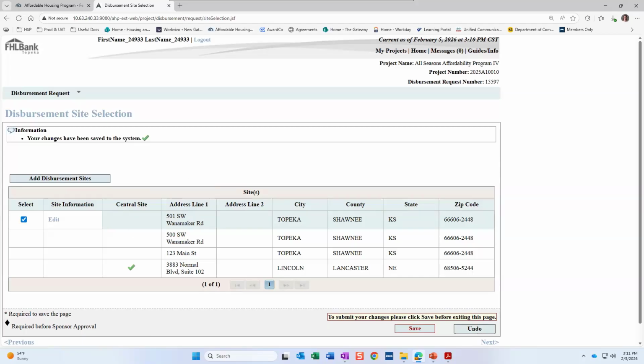Okay, I got a question from Habitat here. Can we submit a disbursement request for a home that's already closed with a home buyer, so long as it fits the criteria of the application? As long as the closing as well as all of the documentation you submit is dated after the AHP award date, which is December 19th of 25, then yes, you can. Just make sure that all your documentation is dated after December 19th of 2025. If the closing happened prior to December 19th, then unfortunately we would not be able to reimburse that one on the 25 project, at least. If you have a previous project, then we could.